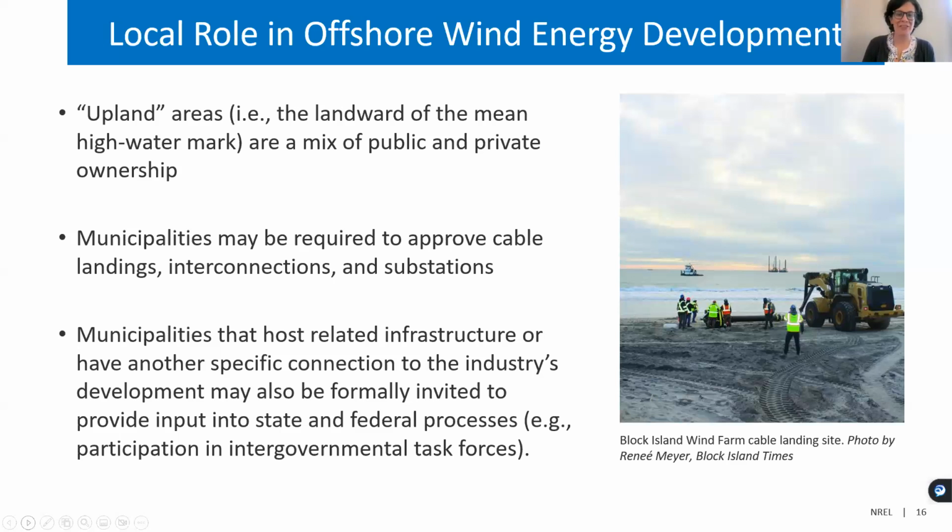We're really fortunate to have Jen McCann from Rhode Island Sea Grant here today to help us better understand this level of decision making, but I would just flag from previous experience that it can sometimes be challenging for local communities to come up to speed on the intricacies of a project and feel comfortable engaging in the development process. They may need help finding relevant expertise or simply hours in the day to help evaluate projects and understand what priorities or concerns they may have.